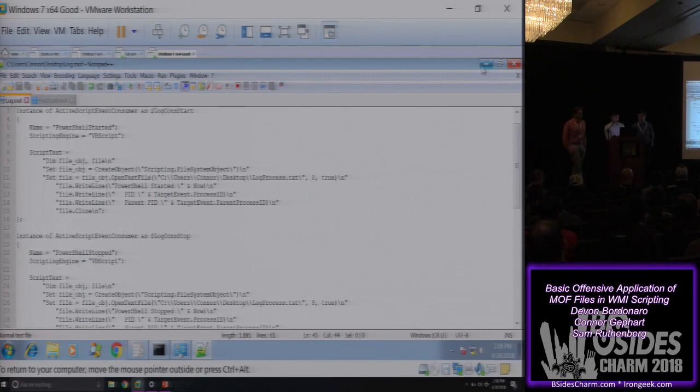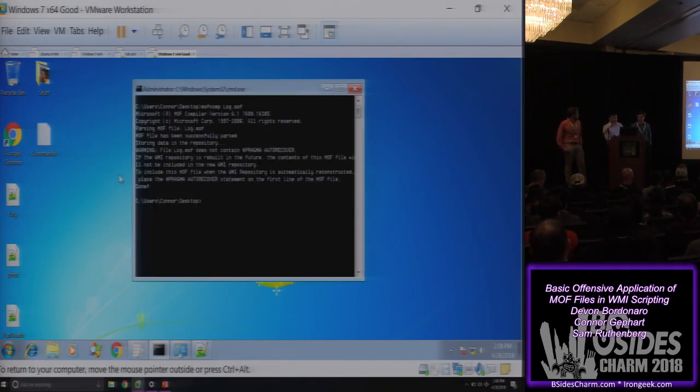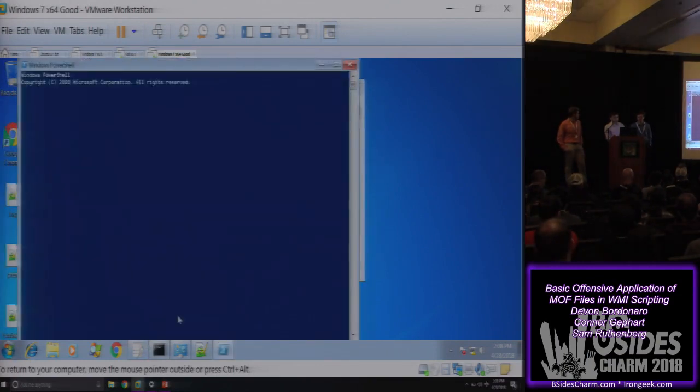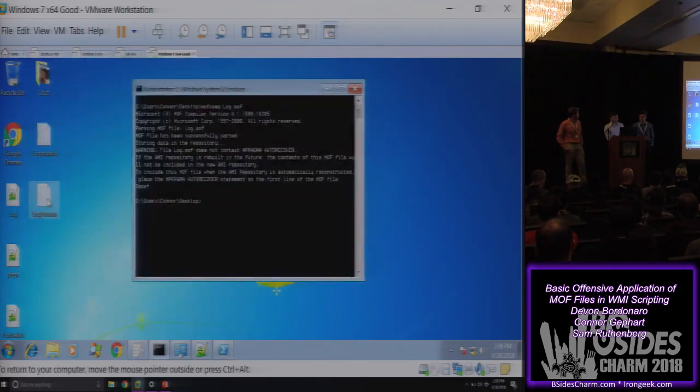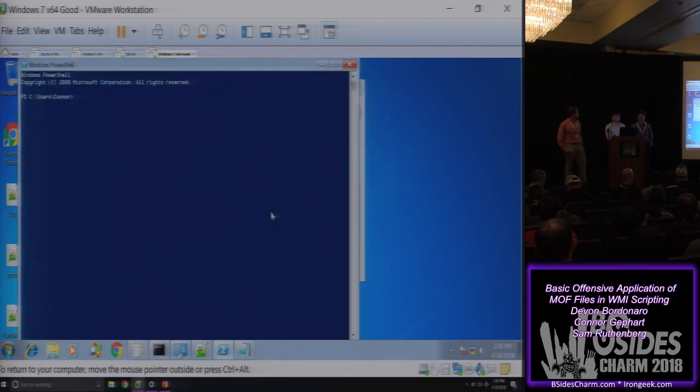So just to show how that's working, I'm going to go ahead and compile that. All right, so that's been compiled. When I go ahead and open up PowerShell, you're going to see it's running now. A little log process text file was created, and it's going to say when the process was started with the ID and the parent ID. Now if I go ahead and I close it,